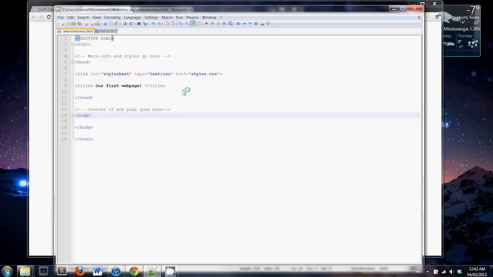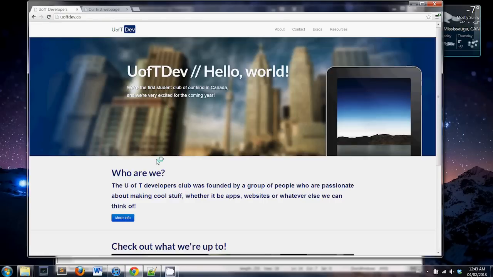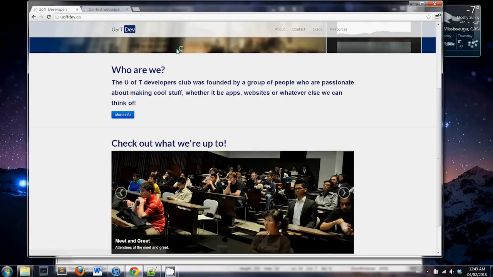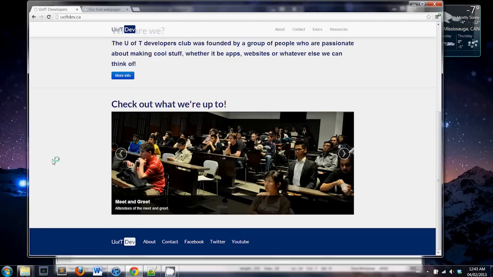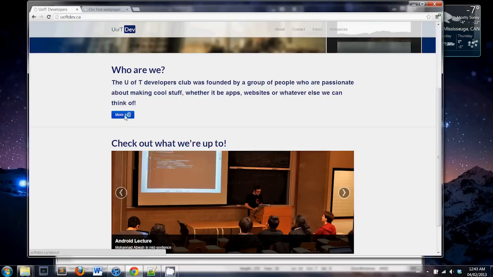So in this example, I'm going to be going over how to basically make this page here. There's not that much stuff going on compared to, I don't know, Facebook or whatever, but we have some common elements that I want to point out. We have a navigation bar, a nav bar. It has important links and stuff. We have a logo. We have this big call out, big header, introduction to UFT developers, what we are, and then we have a little introduction to where we are, some links,